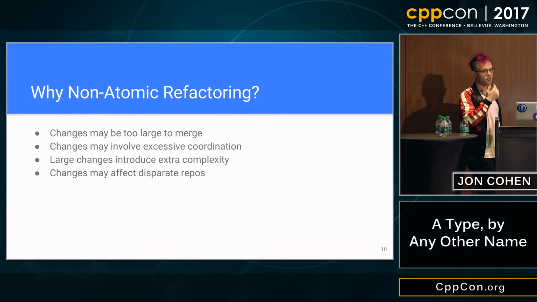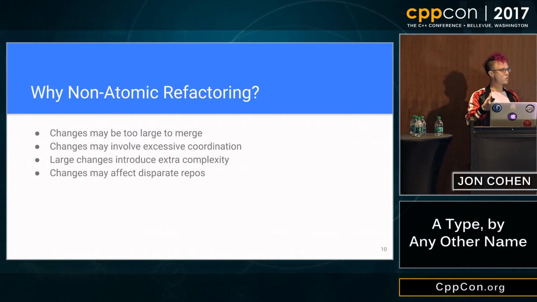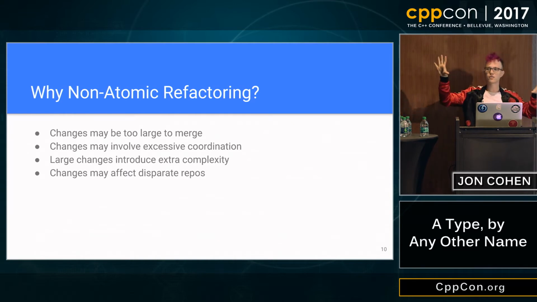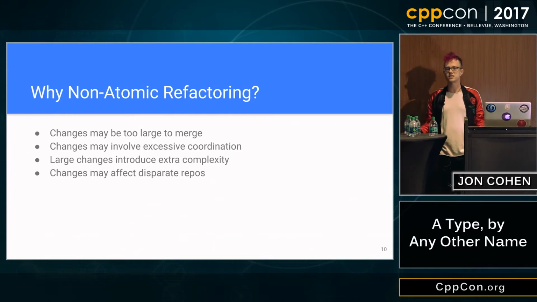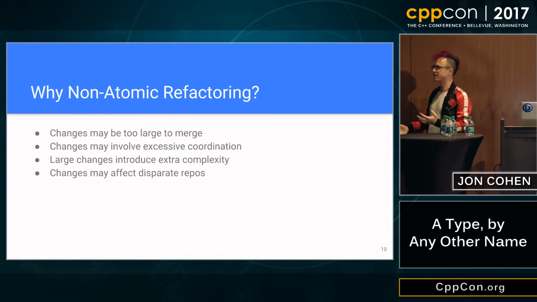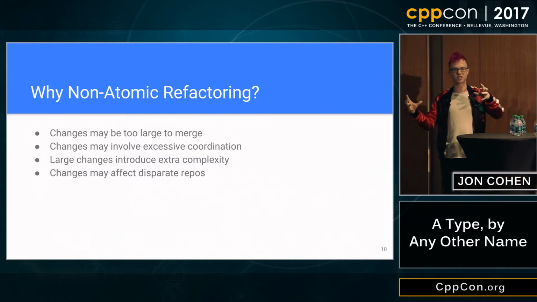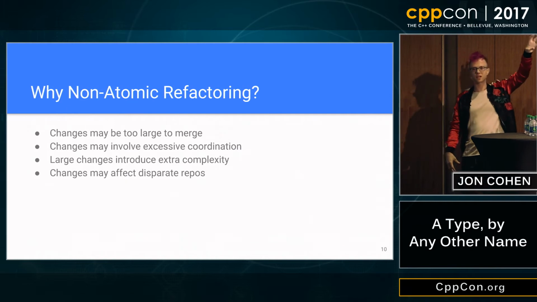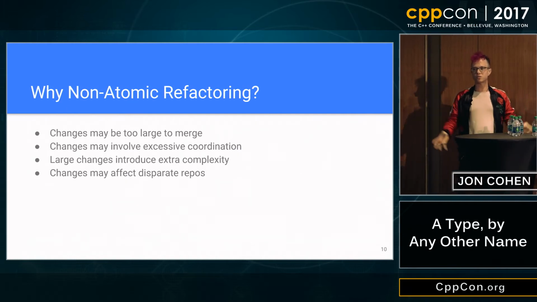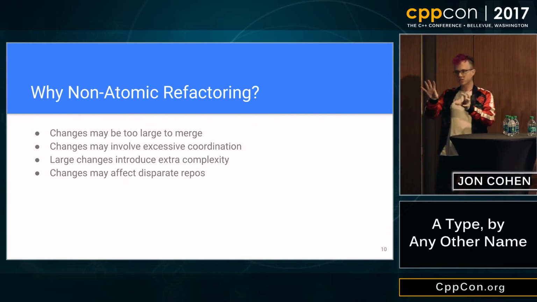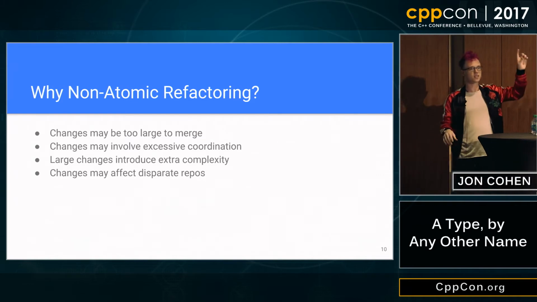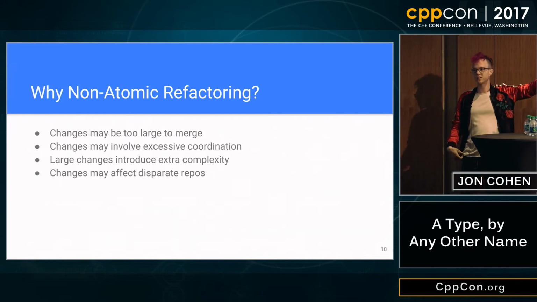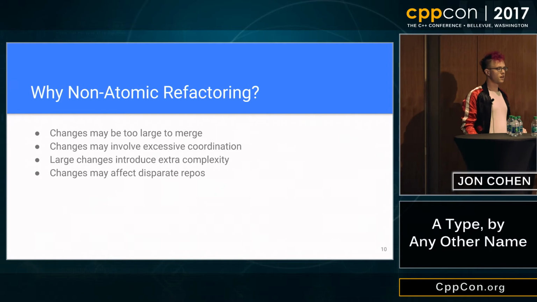They also introduce extra complexity. You take all of the risk of every single change when you make a large change, and this is more of a just general engineering thing. Maybe a lot of the part of this refactor is easy. All this stuff is easy, but there's some hairy stuff over here. And if you bundle them all into one large change, these little changes over here that are easy inherit the risk of this squirrely difficult change over here. So you're just making it harder for yourself.